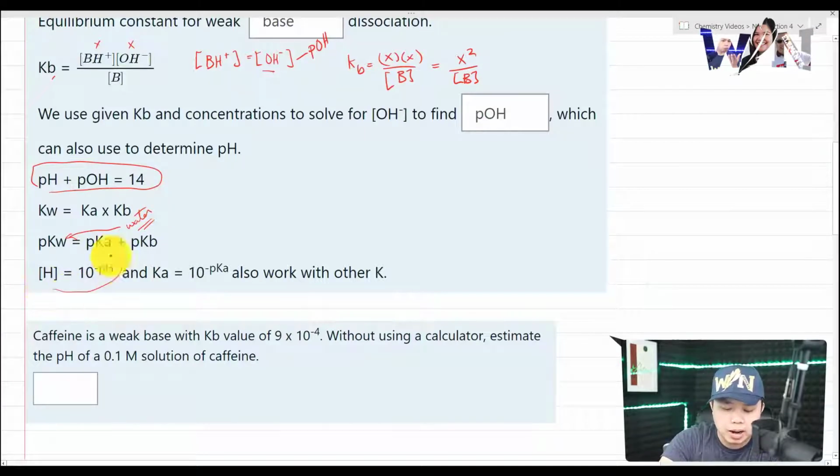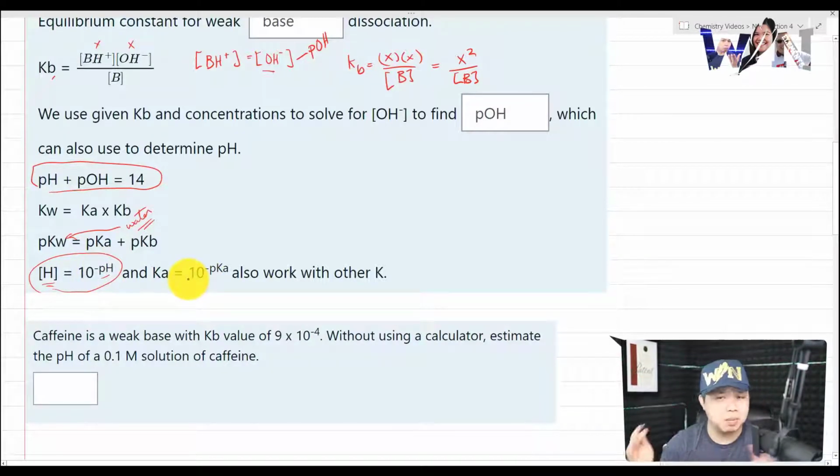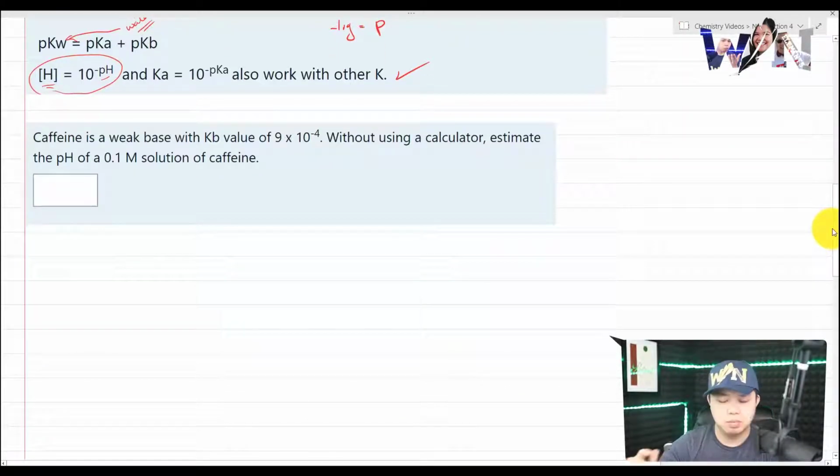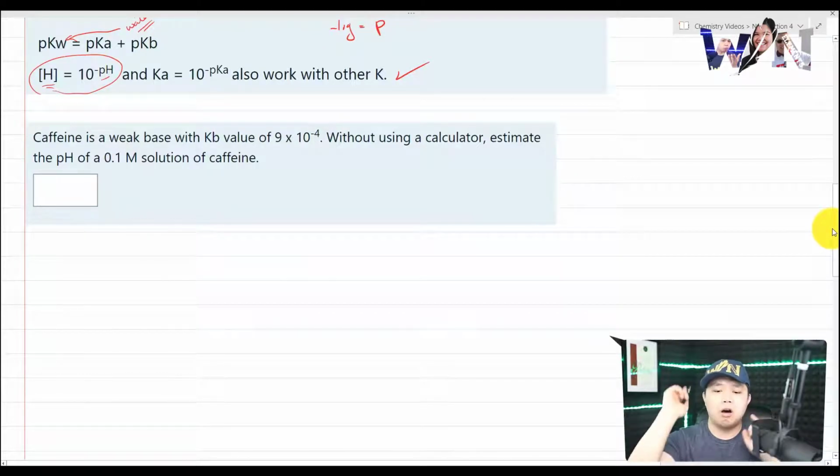And we already learned that once we have the pH, we can determine the concentration by taking 10 to the negative pH. The same thing with pKa. Remember, P functions the same. P means negative log. To get the concentration, or the Ka, or the Kb, whichever you choose, we take 10 to the negative power of that P. So this is extremely important, because sometimes they ask you for the concentration, but this little information will make the whole thing complicated. Now let's solve this problem together.